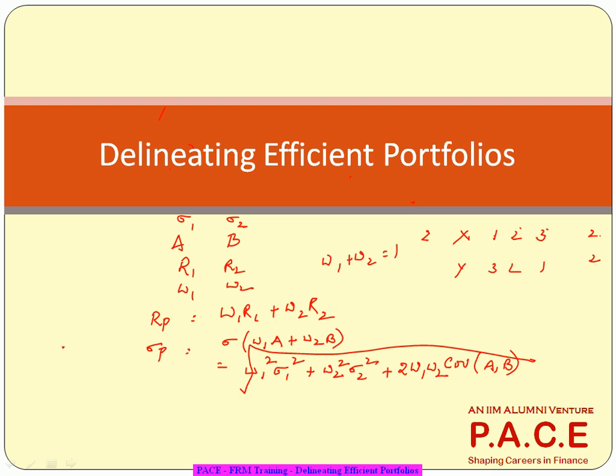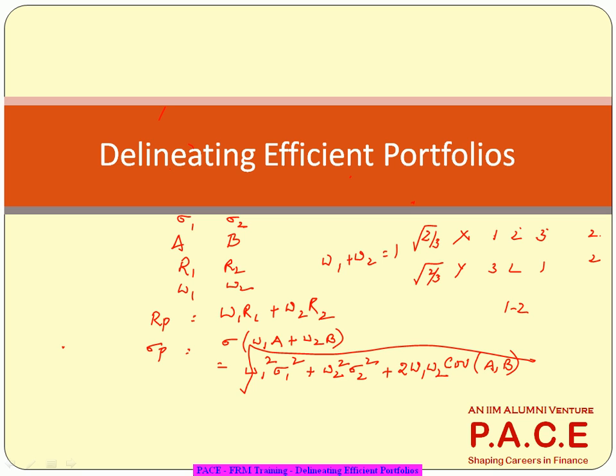So let's say the variance here is coming out as 2 by 3 and the standard deviation comes out as square root of 2 by 3. Even the same is the case with this. So individually these two are having some kind of standard deviation. Whereas what the covariance says is, okay, each one